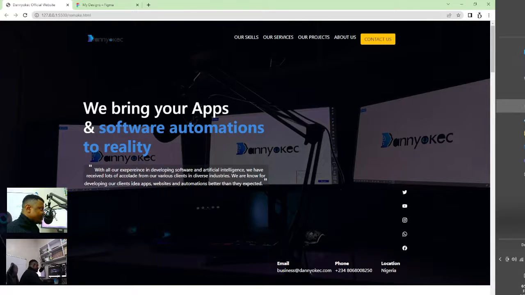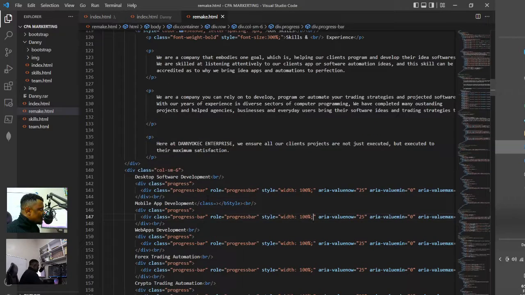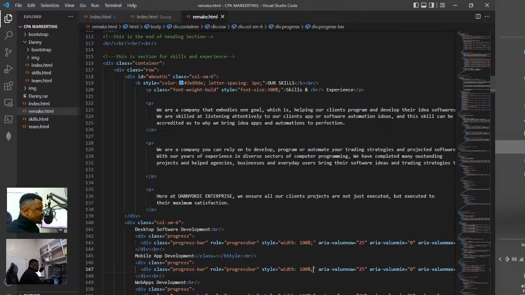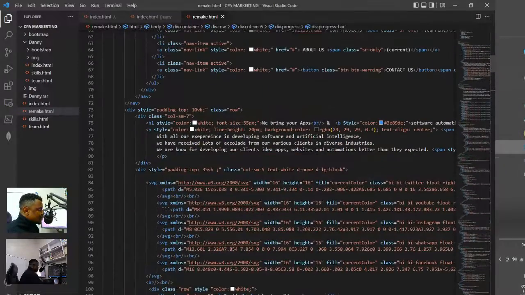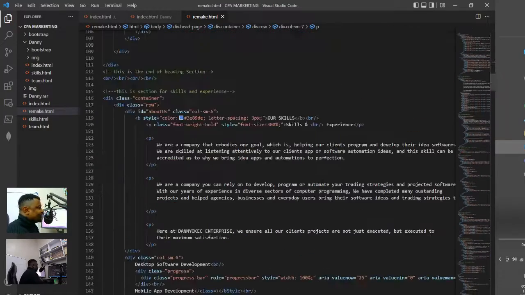We are known for developing our clients' ideal apps, websites, and automations, better than they expected. I think I'll put a comma after automations. Okay, so that being done,